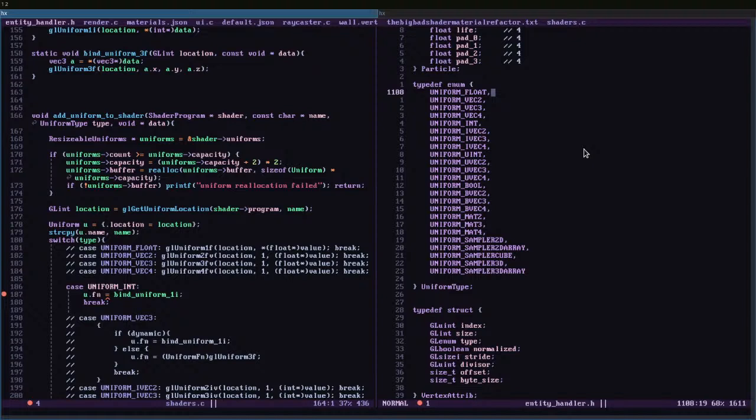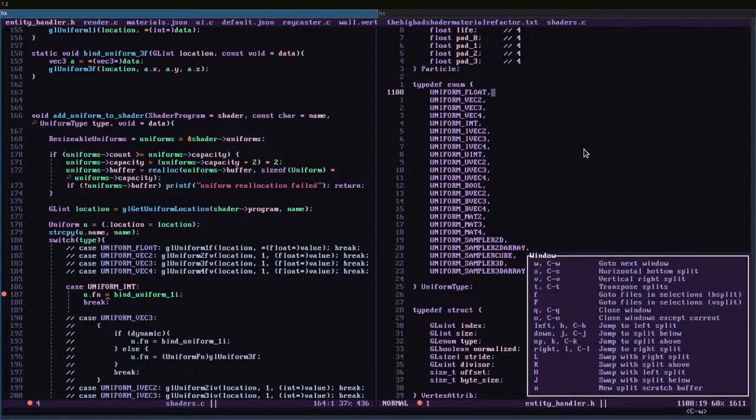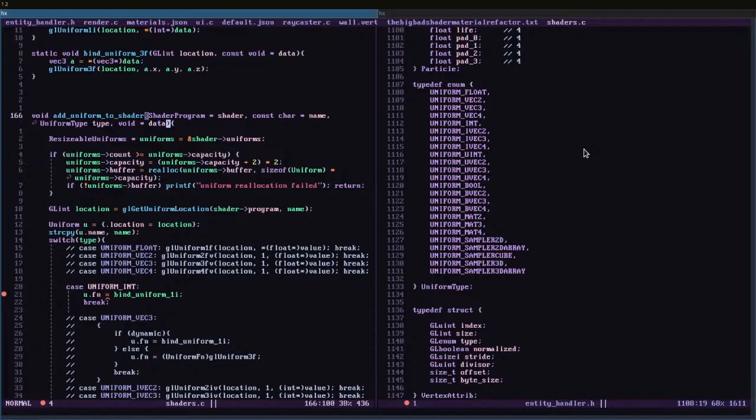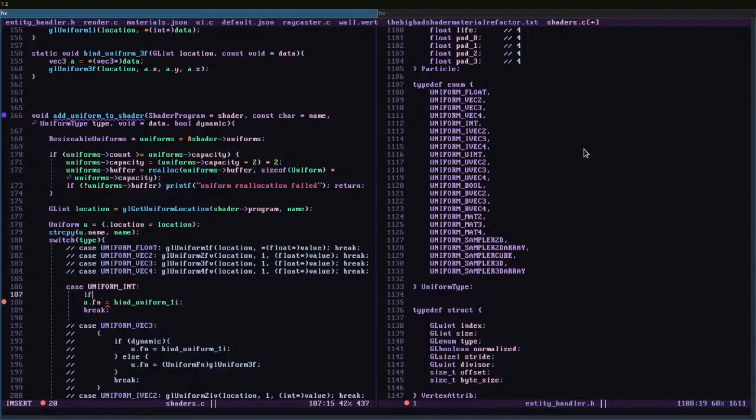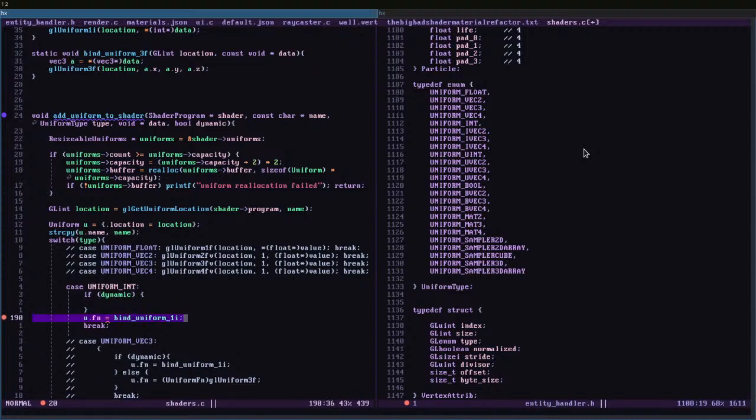I kind of don't want to do a different type. I think we just take in a boolean, taking a boolean for if it's dynamic or not. Right? And so the function is also going to change. So if it's dynamic, then we will bind the function that